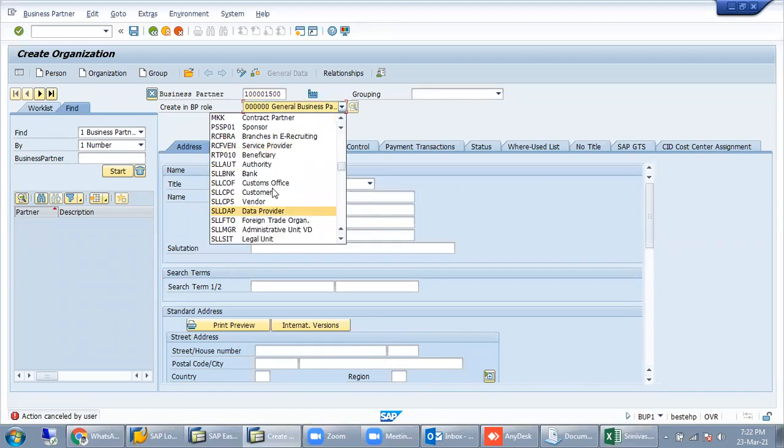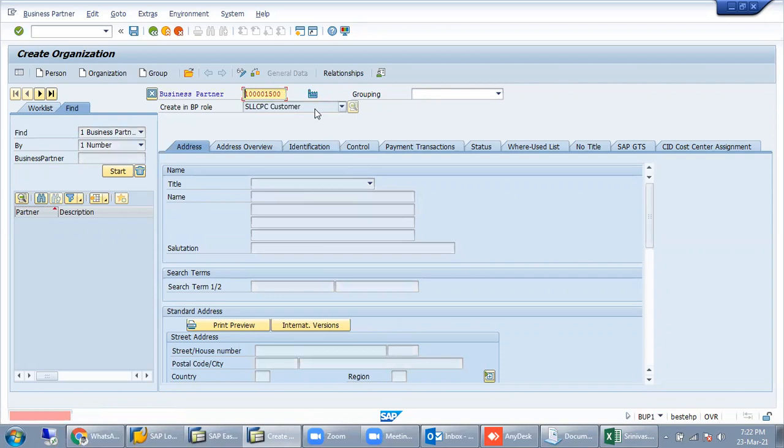Fill in all the data and save it. That means this vendor is now a customer also, so he can act in both cases, as a vendor and as a customer. Now, clear?